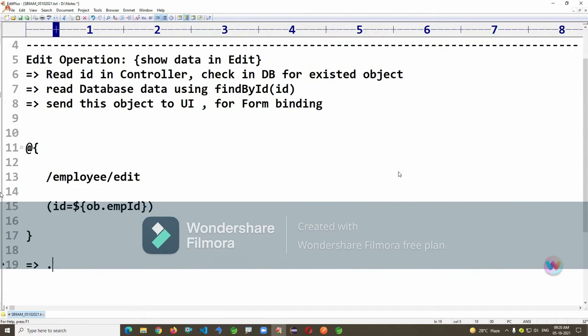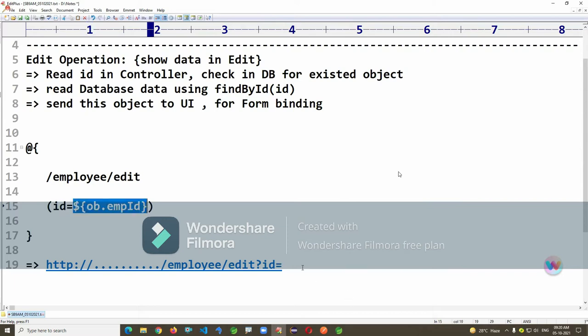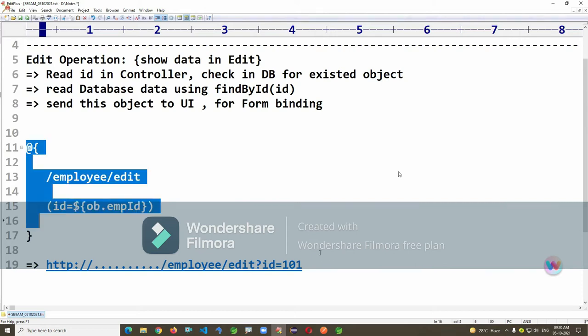It converts to a URL, something like this: http://employee/edit?id= and at runtime, this will be replaced with some value, for example 101. Okay, that's the meaning here. When you write a URL like this, URL construction like this, that is converted to this format. This is called URL rewriting.